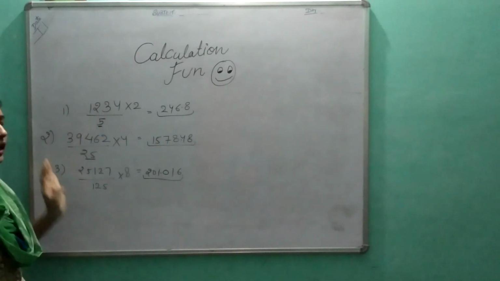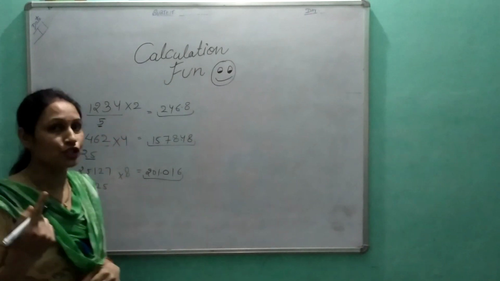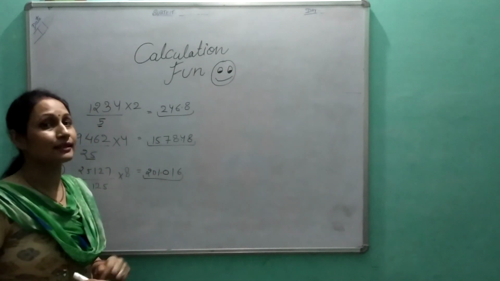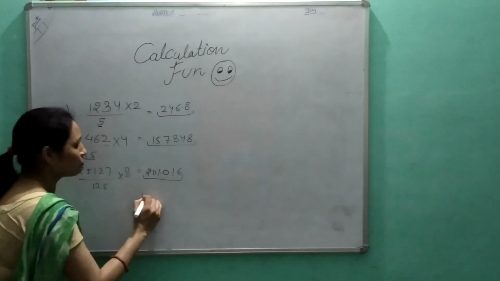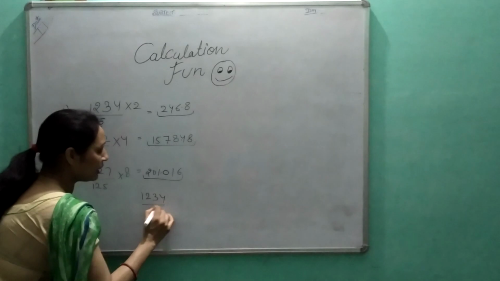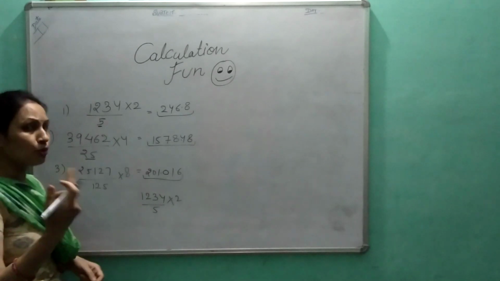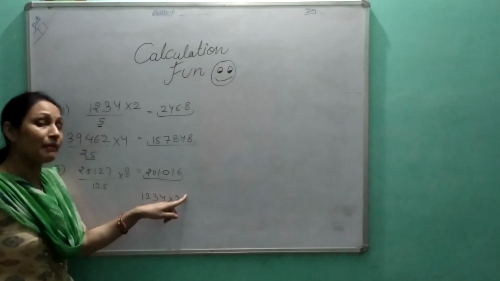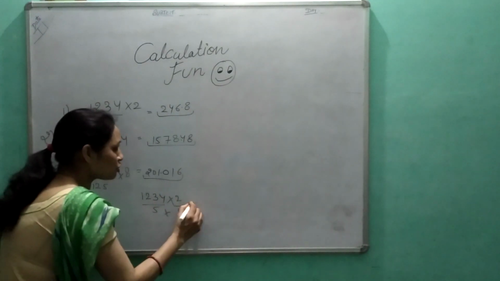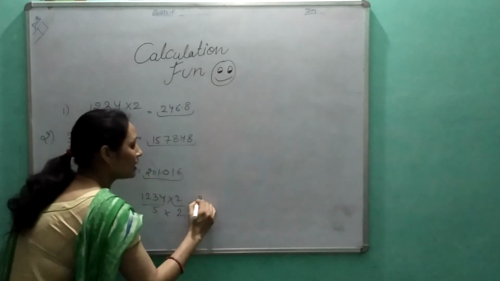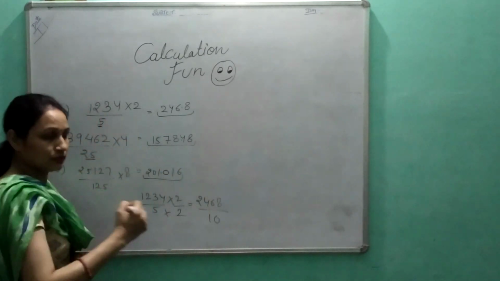So students, it is so easy to do, but there is a big logic behind it. What is the logic? Because mathematics is nothing without logic. There is some logic all the time. Take the first question, 1234 divided by 5. We are multiplying by 2 in the numerator, and I told you many times, when we multiply the numerator by something, the same number needs to be multiplied with the denominator also. So the answer is 2468 here, and in the denominator 5 times 2 is 10. Got it?